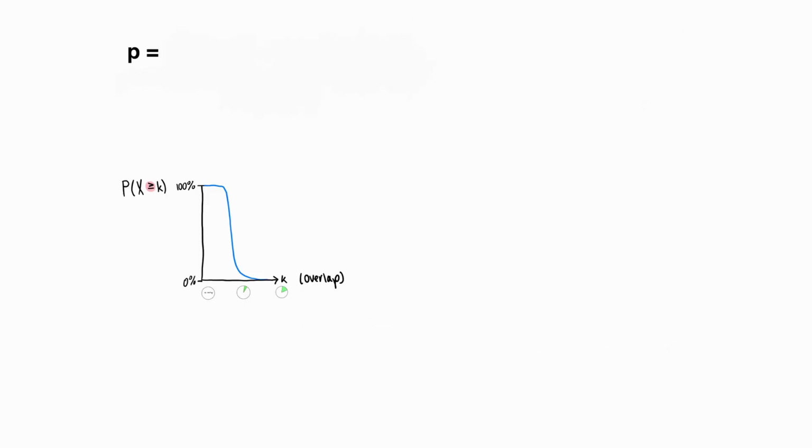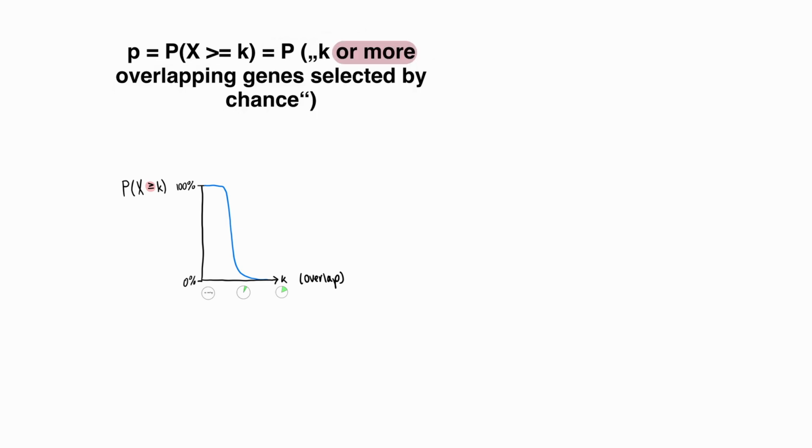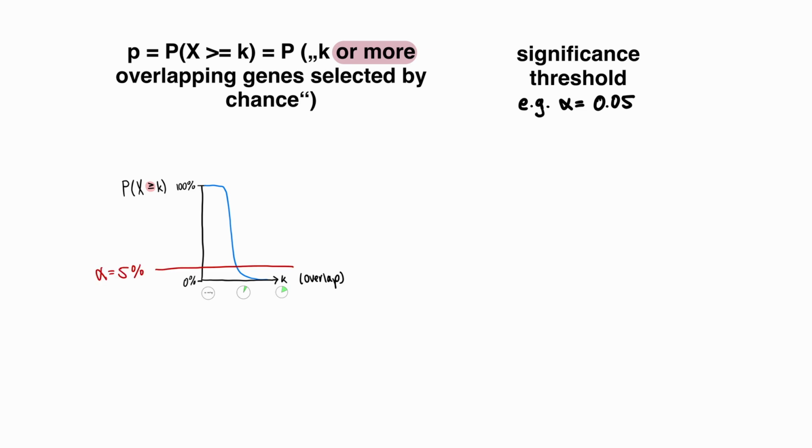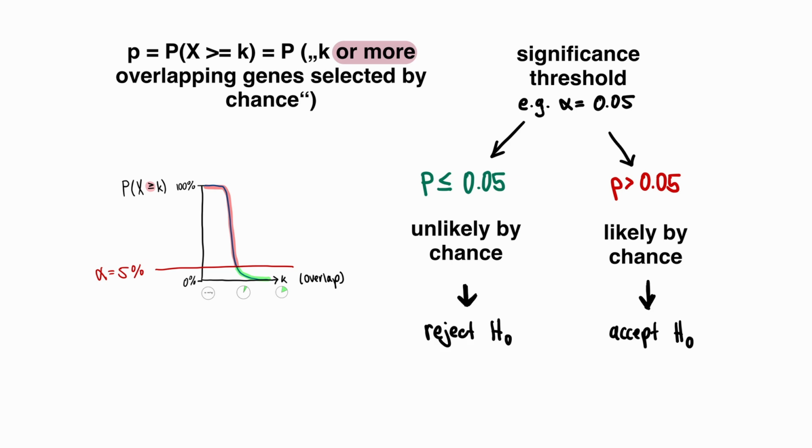In our case, it's p of x being greater or equal to k, the likelihood of getting k or more overlaps by chance. When conducting an analysis, we set a significance threshold, like alpha equal 0.05. If the p-value is below this threshold, we reject the null hypothesis. This means we believe that the overlap is unlikely to be random and is instead likely due to a biological